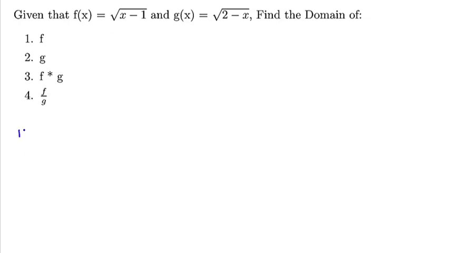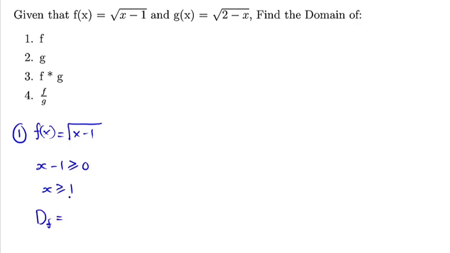For the first one, the domain of f. Remember, the function f of x is the square root of x minus 1. So for this to be valid for the values of x, we just know that what is inside the square root must not be negative. So in short, we're saying that x minus 1 must not be negative. It must always be greater than or equal to 0. So this means that x is greater than or equal to 1, if the 1 goes outside. So if that's the case, the domain for f